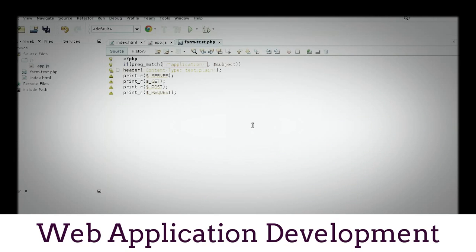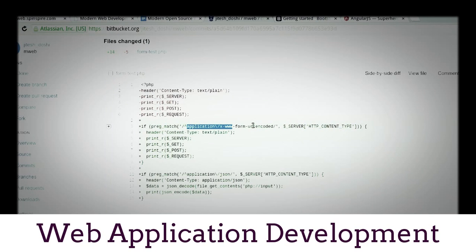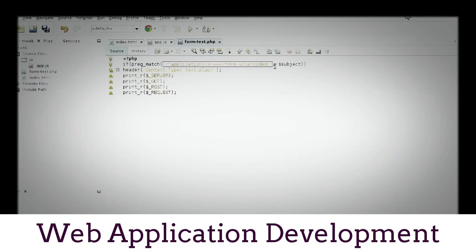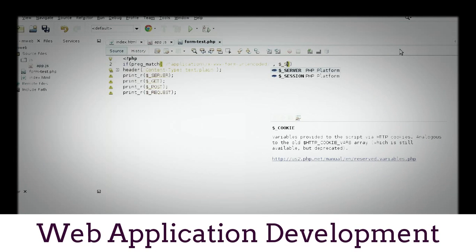So application slash, but since this is a literal slash, we have to escape it. Escape application x-www-form-urlencoded. Let me make sure I spell it right. Yeah, it is that. So this is the pattern, and the subject string is $_SERVER